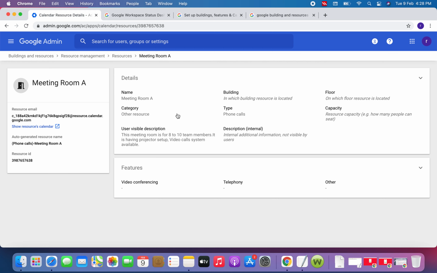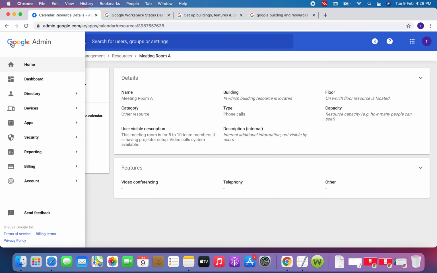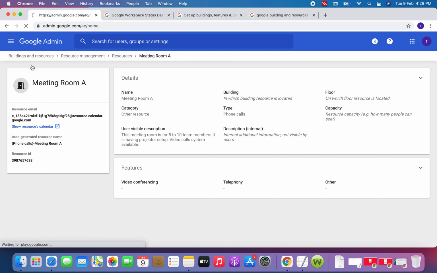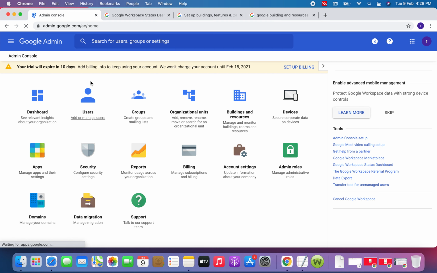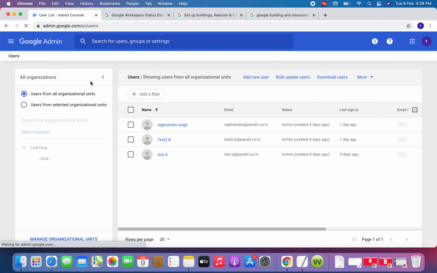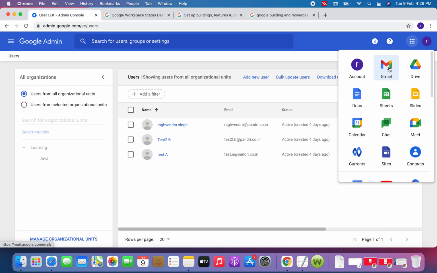Now I'm going to verify that my resource has been created successfully and how I can utilize it. I'm going to log in as a test user and book the same meeting room. Let's see how it happens. Let me open my Gmail.